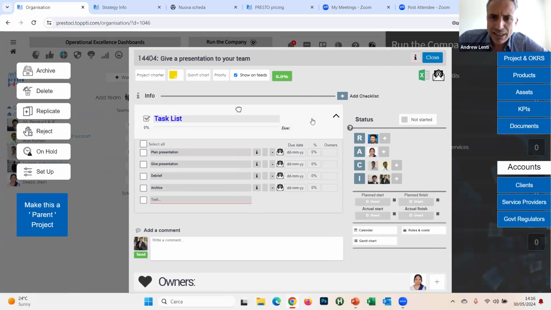But anyway, you can see where Deepa is going to give a presentation and Arslan's the actual responsible party. We could actually say Deepa is also the responsible party because she's the one giving the presentation. So anyway, we've got our tasks here. Let's say she's going to plan it by the 31st. She wants to give the presentation next week, I'm going to say on the 4th, and so forth. You put your dates in here. You can start giving priority if that's where we want to go. But the next thing, you can see we plan the presentation, give the presentation, debrief, and archive. So now if I close that,